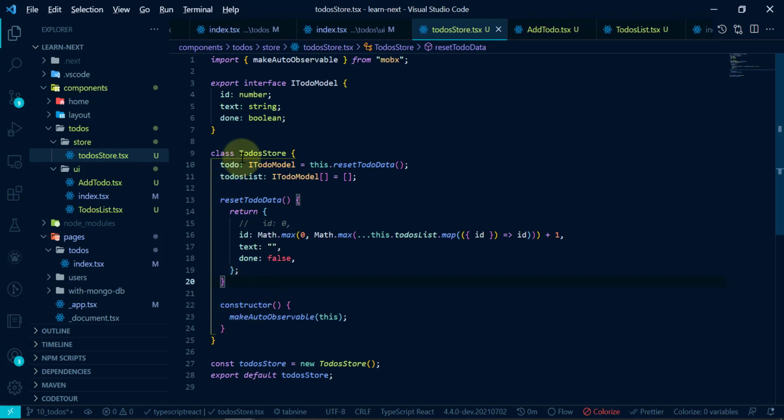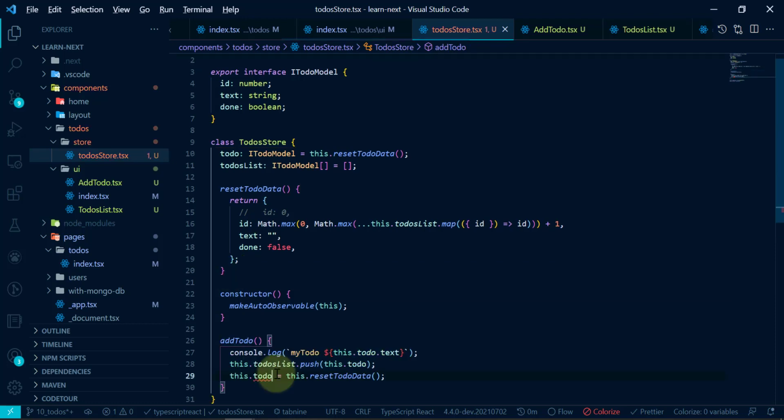So here in the to-do store, or MobX store, we define everything at one place and we use it wherever required in our UI. This is like a central place for all our data and variables that we need to use in our UI, and it will automatically update our UI if any of those variables change. So we'll see how it works now.